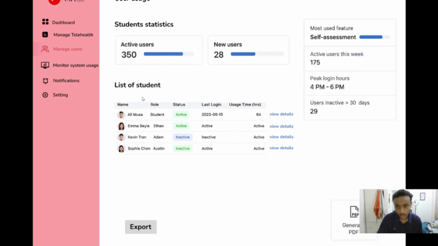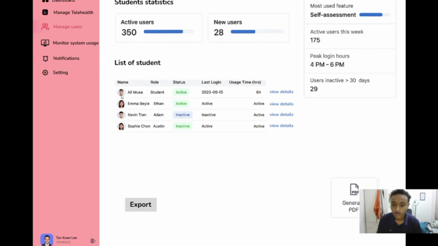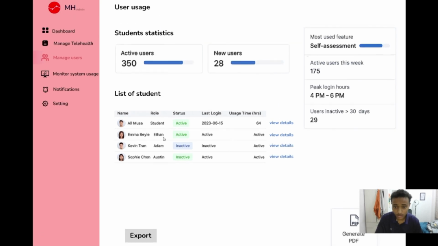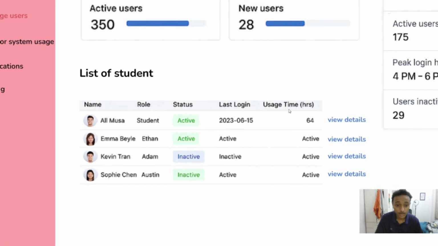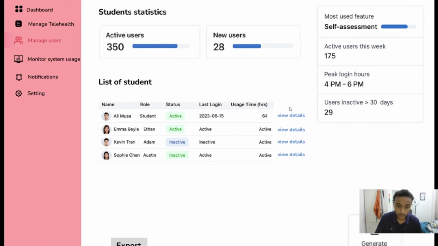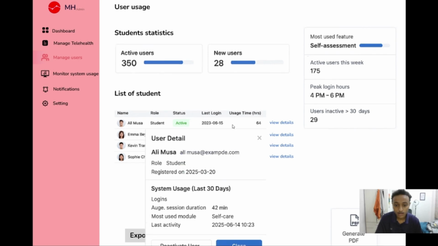So here the admin can see the list of students. As you can see here, Ali Musa and Im Billy and Kevin Tran and Sophie Chen. The role here is student, and he can also see the state, last login, and usage time. If you click here, you can view more details. So if you click more details, you can see the details of